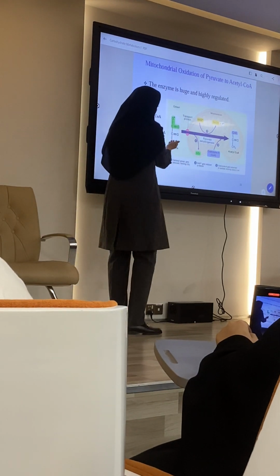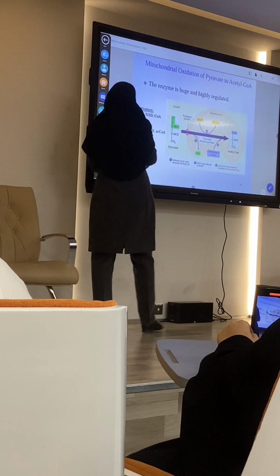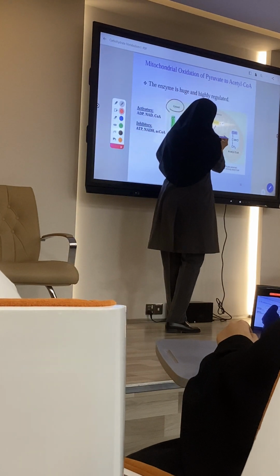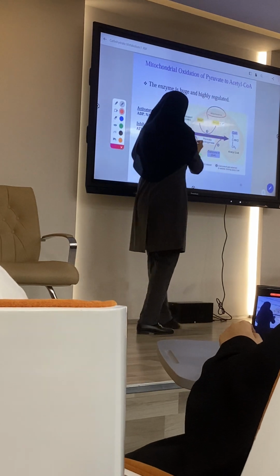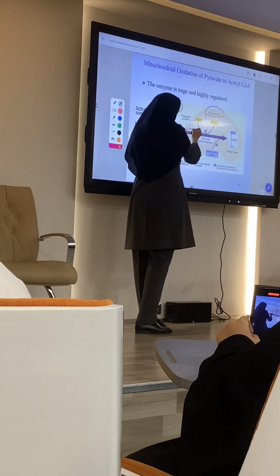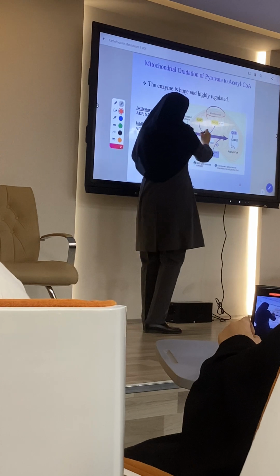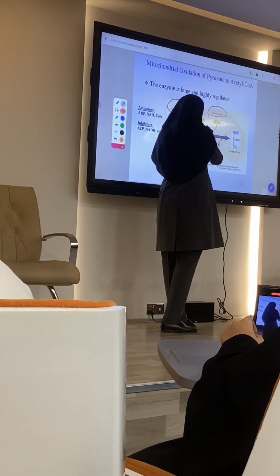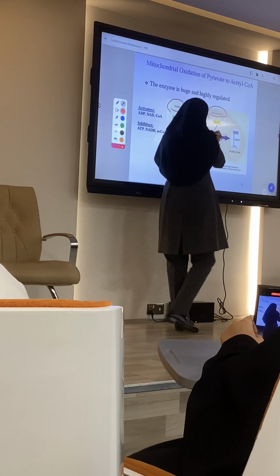This is a very, very complex molecule. And please pay attention. Glycolysis happens inside the cytosol or cytoplasm, but pyruvate dehydrogenase is inside the mitochondria. So we should send pyruvate by some transporter inside the mitochondria. Inside the mitochondria, usually pyruvate converts to